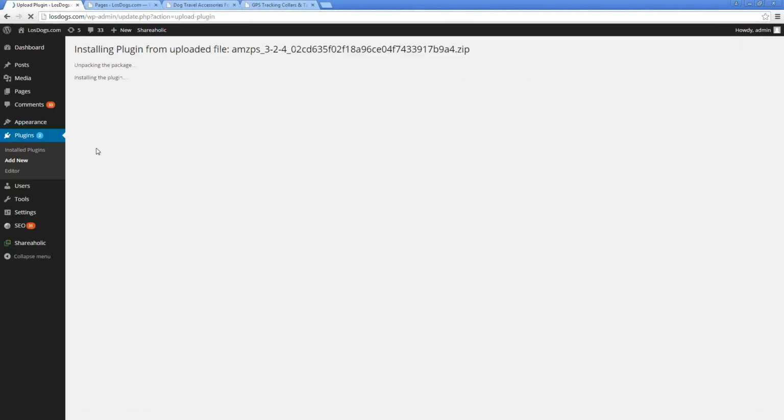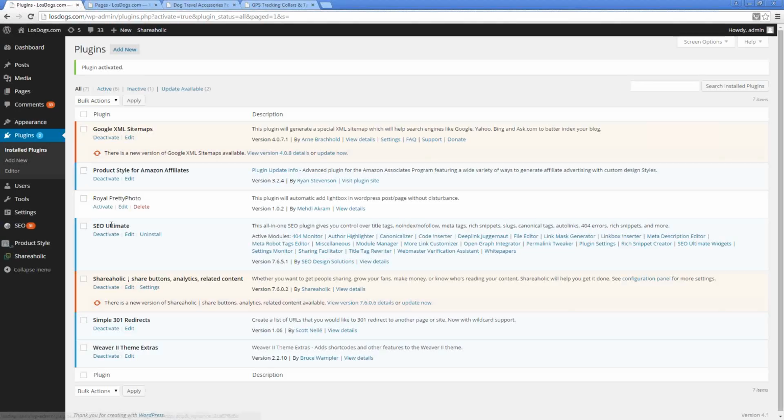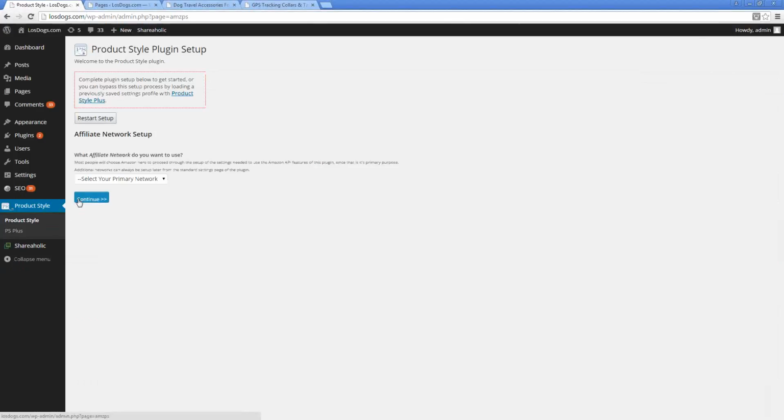Once we see the little Activate Plugin link right here, we just click on that. Now this activates our plugin within WordPress. However, there is some setup required with Product Style to get it started. And this setup just helps to get it prepared to do the things that you want it to do, to make sure you have the correct settings set up that you're going to need to be able to create your